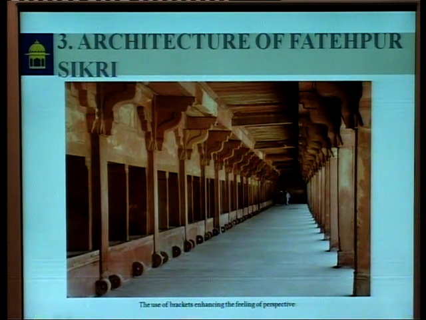Look at the elaborate brackets and the ornamentation at the base of the columns. Try to understand that this was a time, we are talking of the 1500s, 60s, 70s, where relatively the spans had to be not too big. The technology wasn't that advanced. So this corridor might be about a good 15 to 20 feet wide. That's all which was possible with the stone, red sandstone, which was available at that time, and primarily it's stone